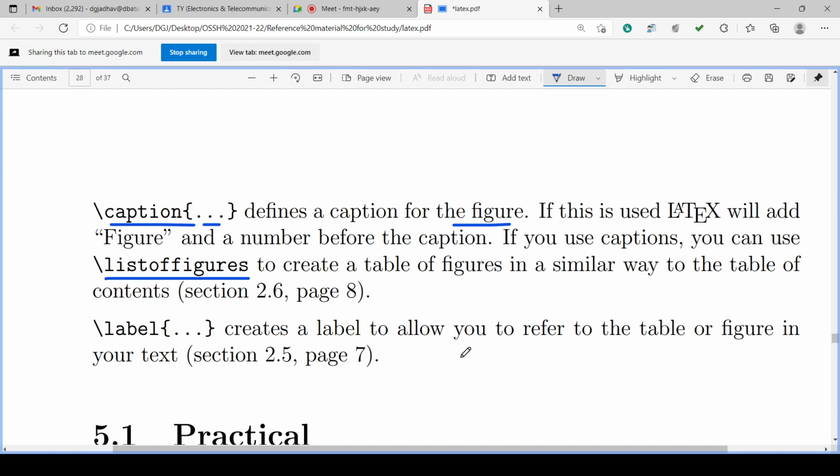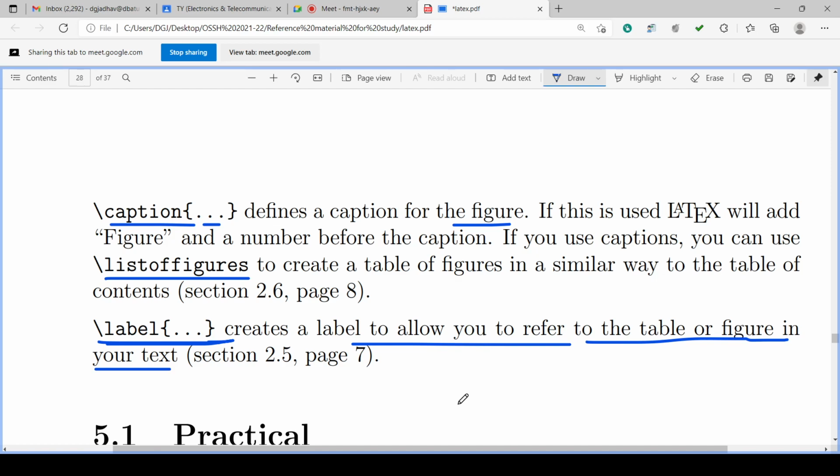Then backslash label is also there. It creates a label that allows you to refer to a table or figure in your text. We can label the figure captions or figures and put references, and if you click that reference we can go to that particular figure.